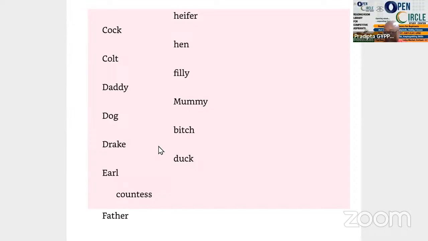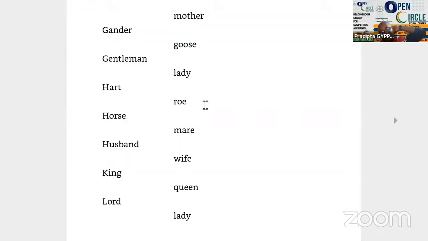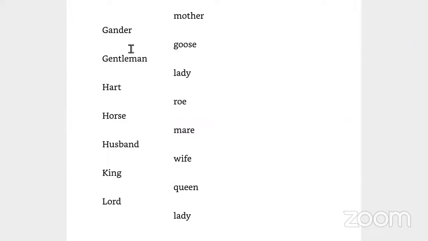Yeah, correct. Actually, he was a British nobleman. In the British system, Earl, you just remember he was a British king's court officer, because otherwise you will have to remember the hierarchy. An Earl was above Viscount and below Marquis. You don't have to remember everything. Right now you remember Earl means a British officer and the female was Countess. When you read old stories, you will get these terms: father, mother, gander. Who can say what's the meaning of gander?